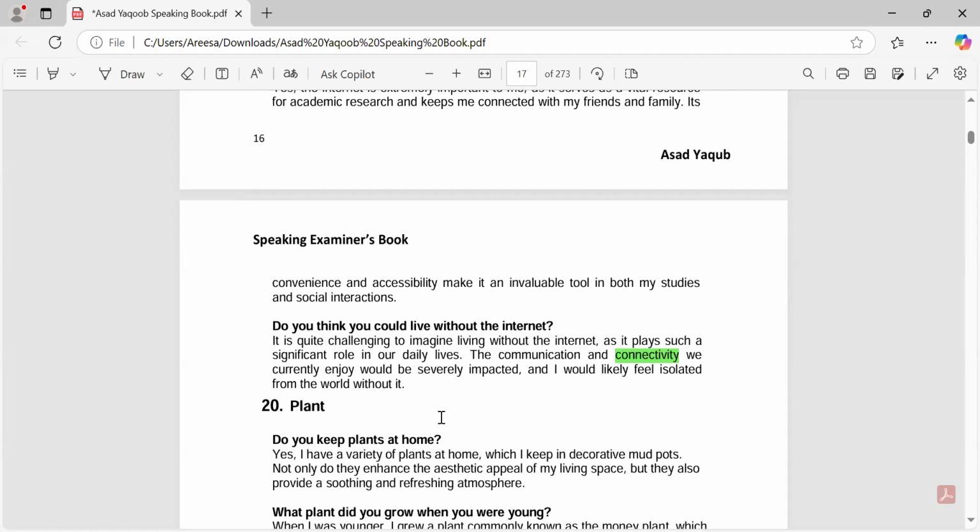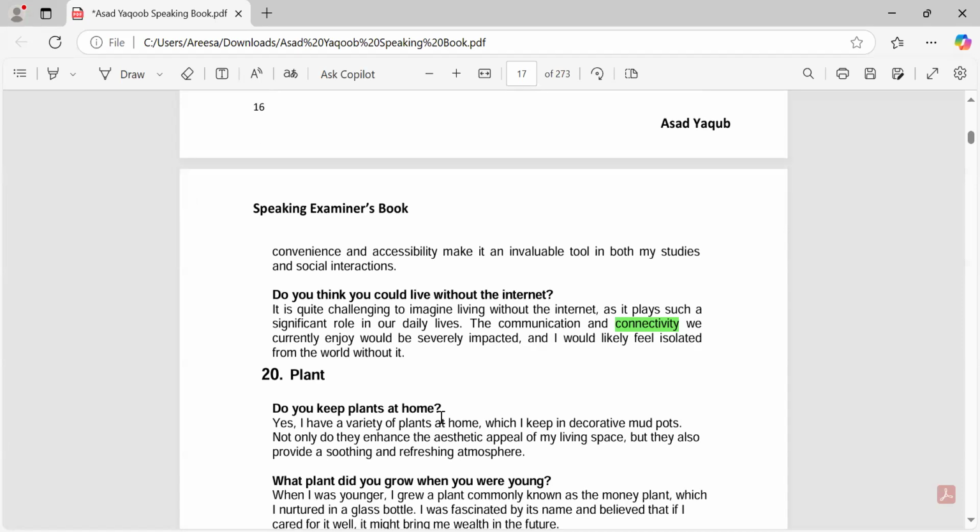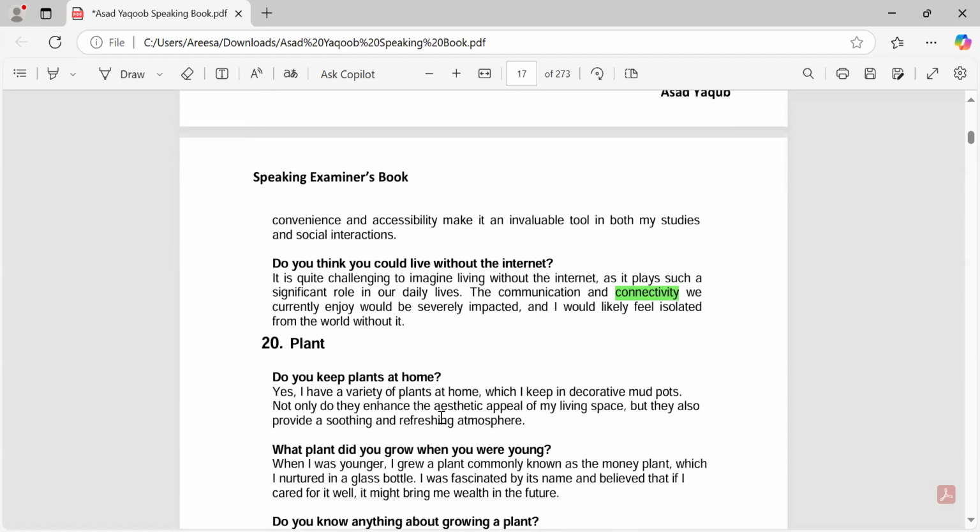All right. So, what plant did you grow when you were younger? I grew tomatoes. They were in a small garden, but really tiny tomatoes, I grew 5 tomatoes, and a little some type of flowers, including rose. You can extend this answer a little bit more. Do you know anything about growing a plant?